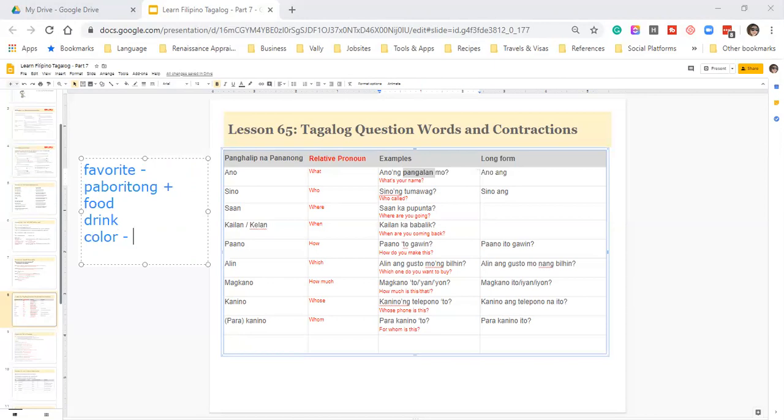Okay, remember what is the word color in Tagalog? We did the color before. You forgot? Yes, you forgot. Okay, it's kulay. Kulay. Okay, so I want you to replace that pangalan. So you're going to use the adjective favorite and then the noun. You're going to ask a question.